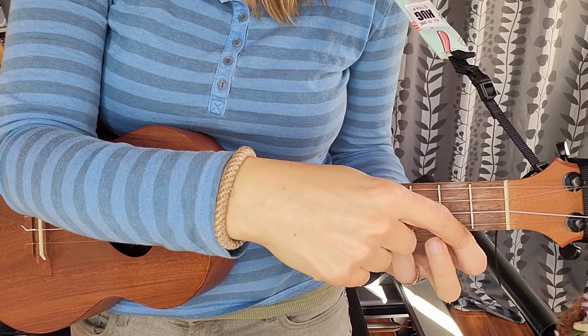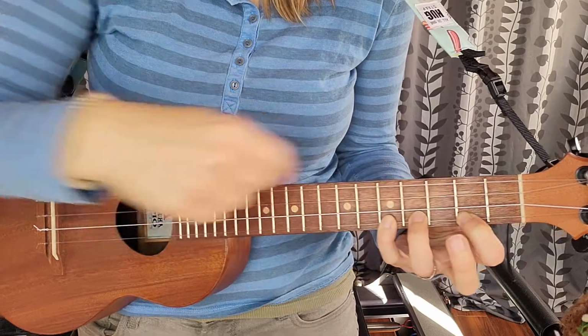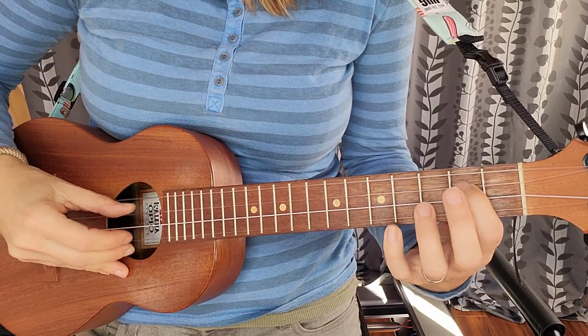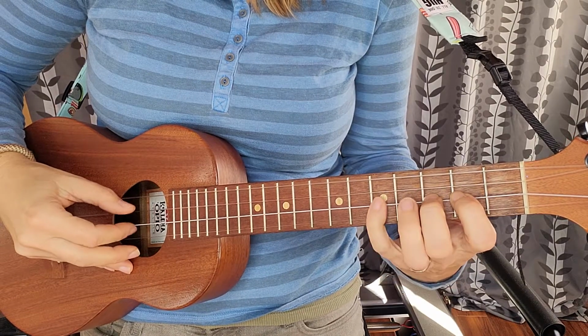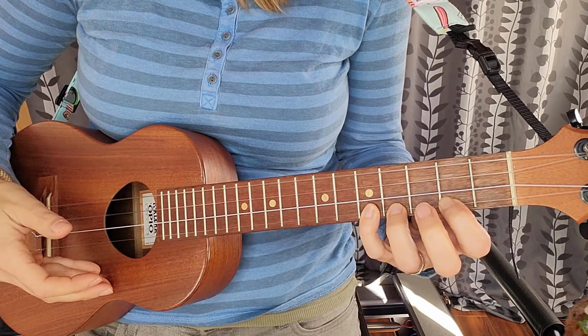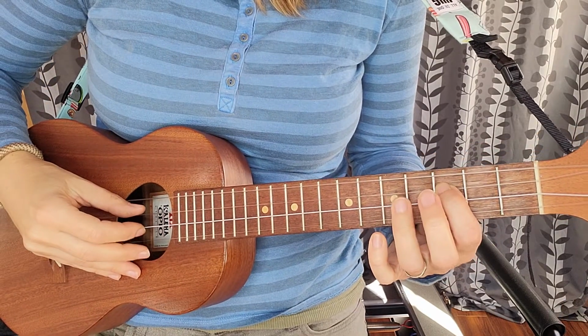So that is a little space between my 2 and my 4. I don't play with the middle finger on that string, okay? So when you play the whole scale together, it's 2, 4, 2, 3, 5, 2, 4, 5, and that's the D major scale. Now if I take that same pattern and move it up one for the D sharp major scale,